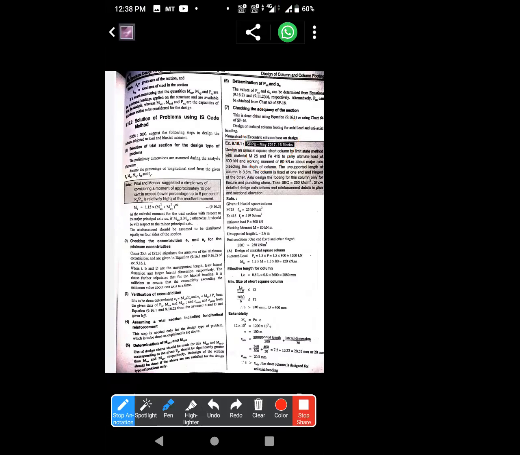Okay, design a uniaxial, see which kind of load is given to you. Is it biaxial or uniaxial? Here it is